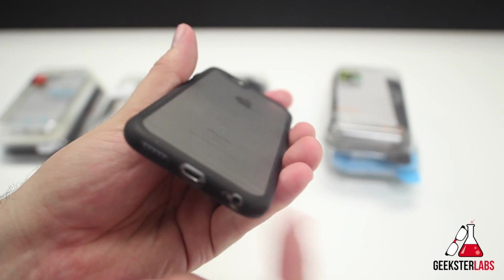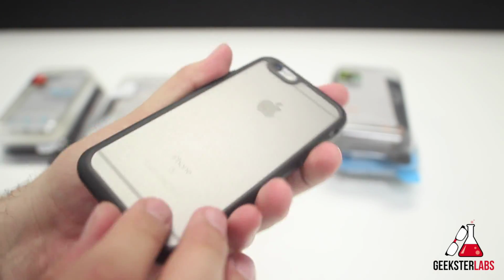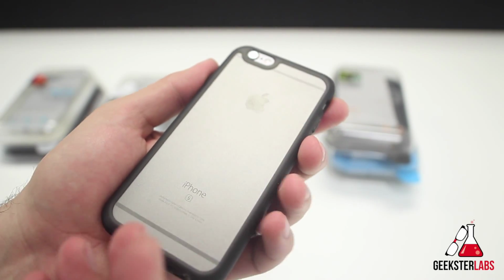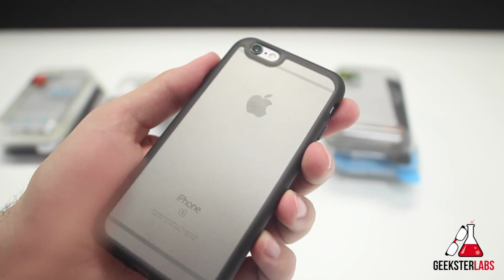So if you were to drop it, if it was to hit the corners, it'd be good. The back is still protected because it has this anti-scratch material on the back as well, but it is see-through. So if you guys own the gold iPhone, the rose gold, or if you just like space gray or the silver, and you want to see the color shine through the case, well, then this is the case for you,